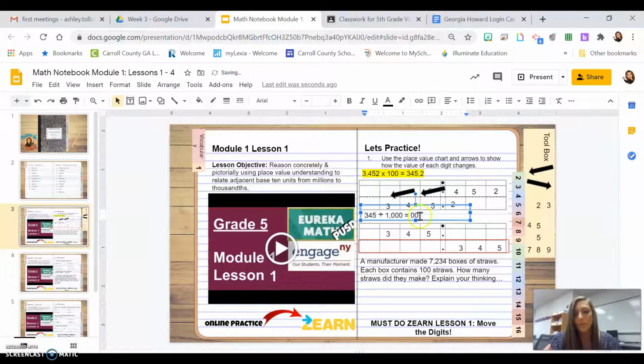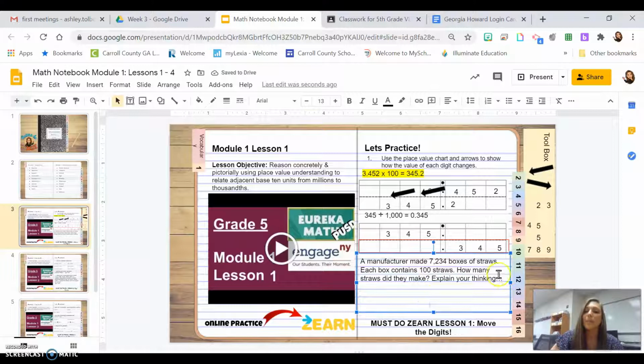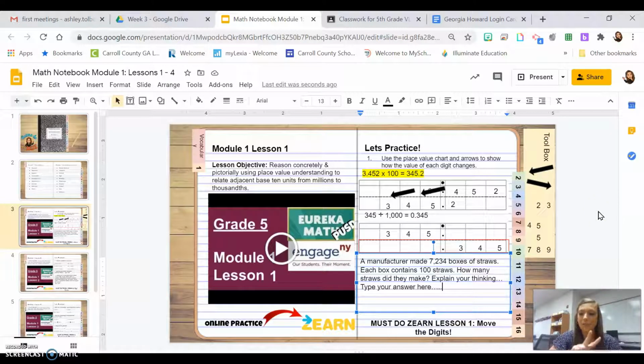So moving forward, I will make sure that you have text boxes to type in so that you are not having to drag all of those numbers around. And then right here, they gave you a word problem. Double click inside of the text box and hit enter, and you can type your answer here. And when we come together on Thursday, I will go over lessons 1, 2, and 3 with you,